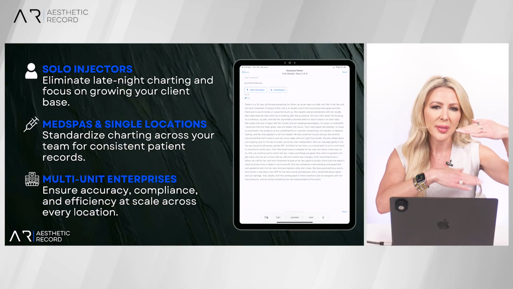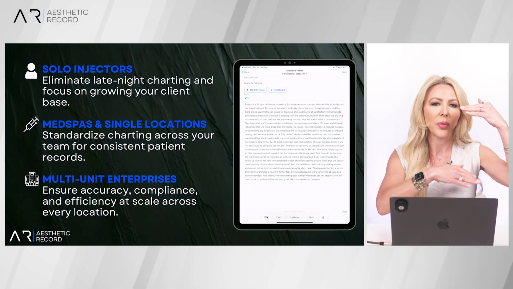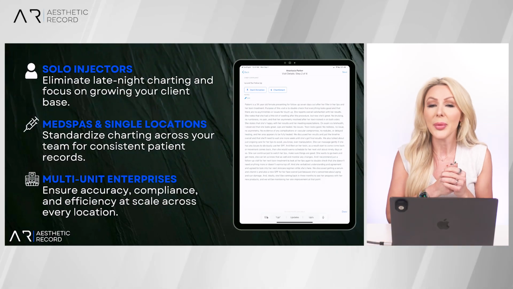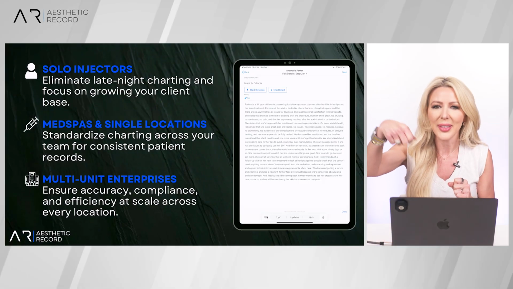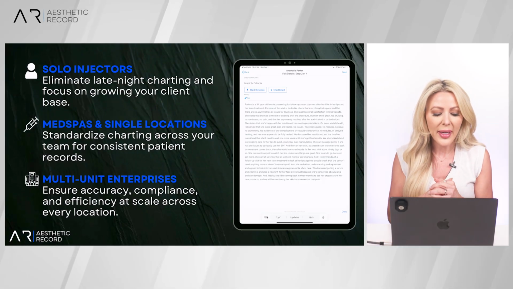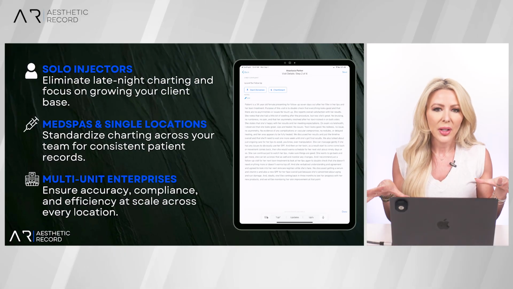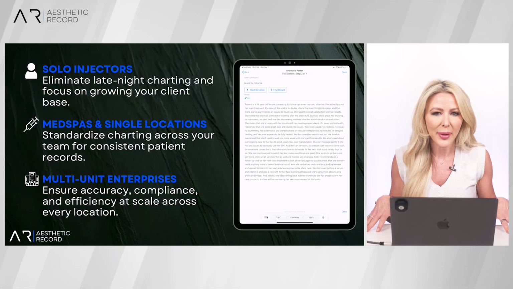We're all going to do this thing. So if we all dictate the right information, we'll get the same kind of chart. So it's easier for him or for her to go through and just approve, yes, sign. And then lastly, if you're multi-unit enterprises, you want compliance to be top of mind because you've got too many